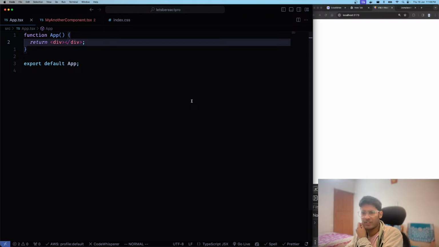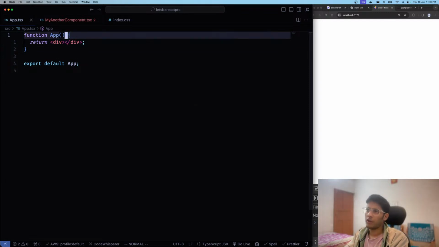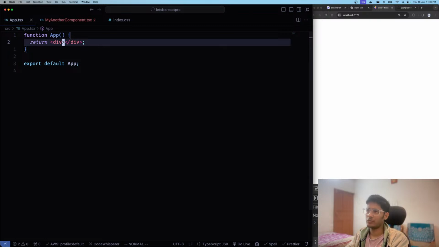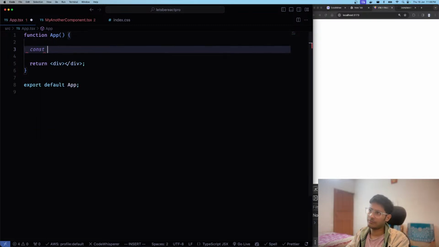useMemo is very simple. For example, let's say we have a function, a function which is very large. For example,